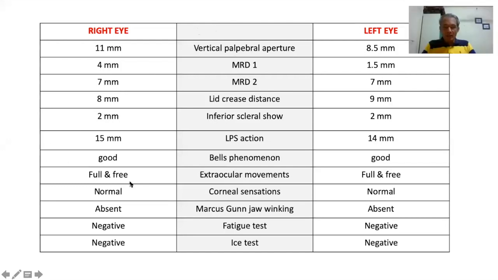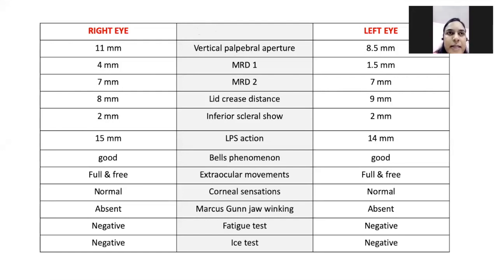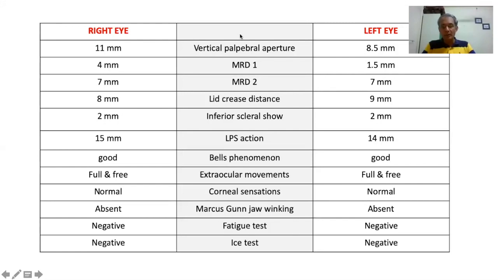In this patient, you said the fatigue test is negative, right? So what are the different tests you do to rule out the myogenic component in a ptosis? So we can do an ice pack test. We can do an edrophonium test. Cogan twitch sign should be looked for. And apart from that, the fatigue test. Why is it important to diagnose the myogenic component from a treatment point of view, especially in ptosis?